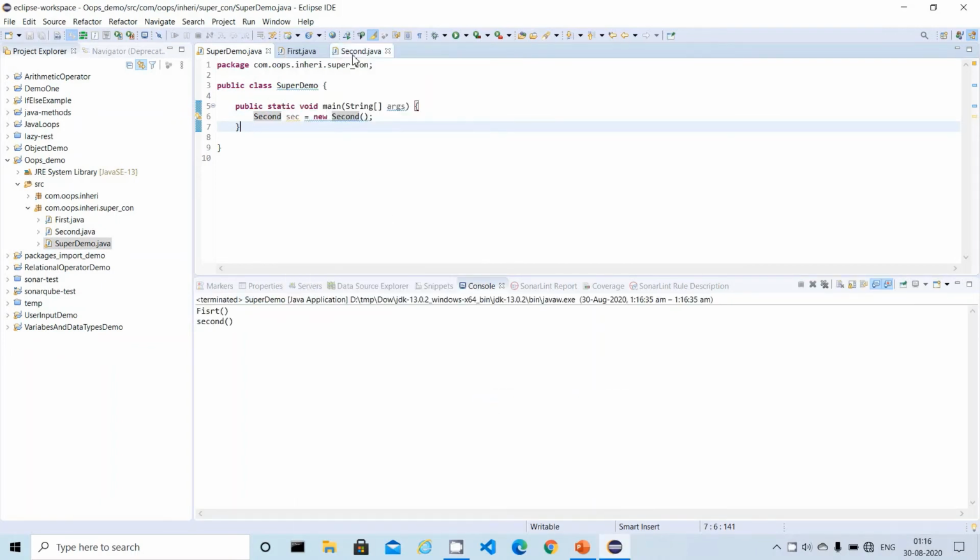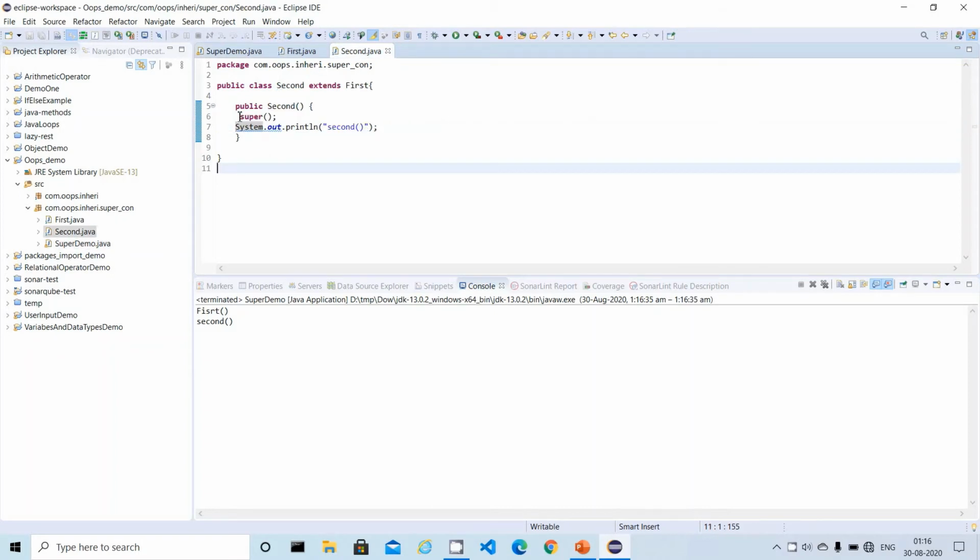Though we have written it manually, whether you write it or not doesn't matter. If you are not writing it, the compiler will add this statement, else you can write it. So this is the way the constructor chain will work. This is one of the rules we have to understand. And there is a slight difference we are doing, right?